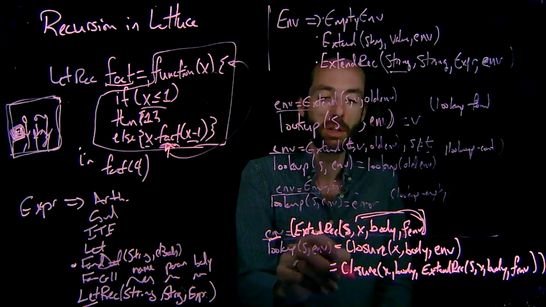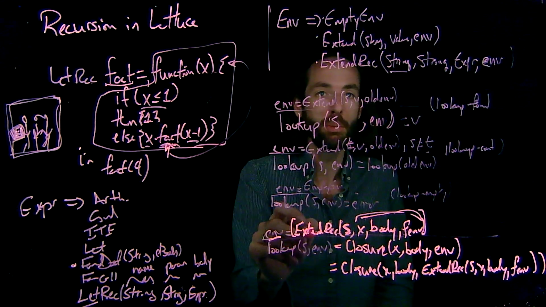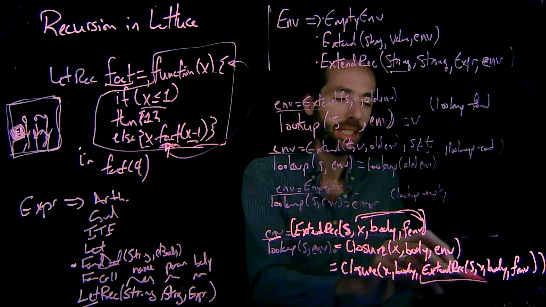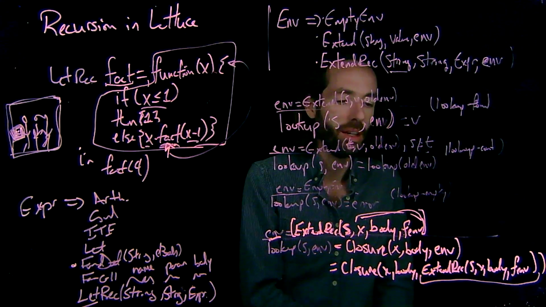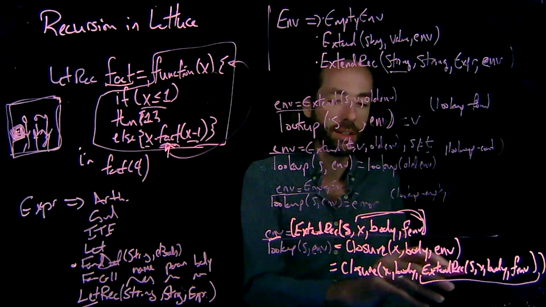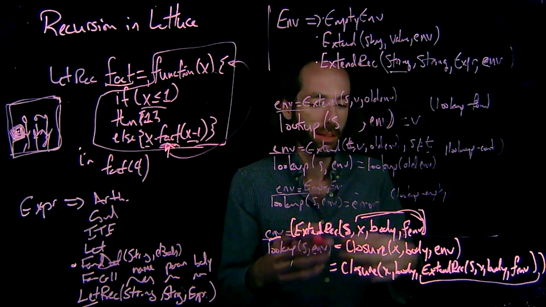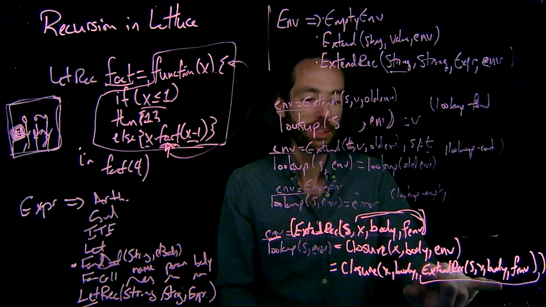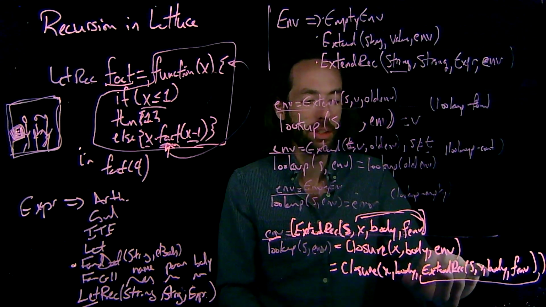So whenever you look up a recursive definition, I'm going to give you a closure that contains the recursive definition. I didn't actually have to keep this all fully expanded as a closure that contains a closure that contains a closure. I am just going to pass you back all of the parts that you need